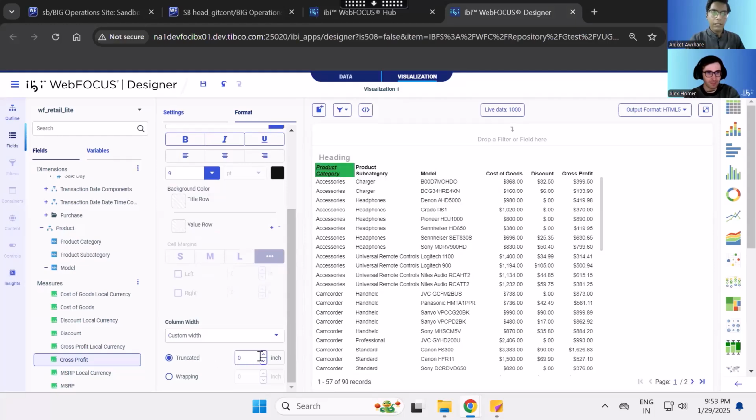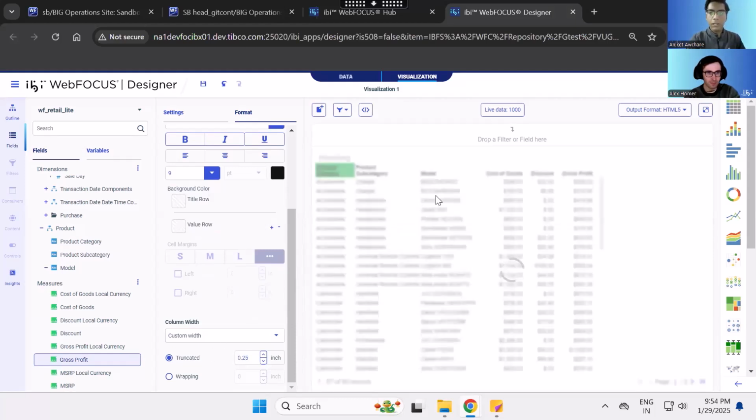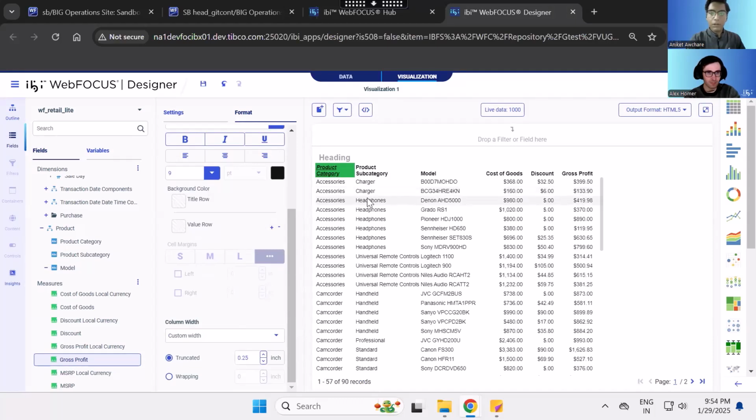So I can either choose to truncate. For example, let's say I want to keep it a quarter of an inch. So I can do that. When I click on it, all the columns will now be a quarter of an inch. Let me